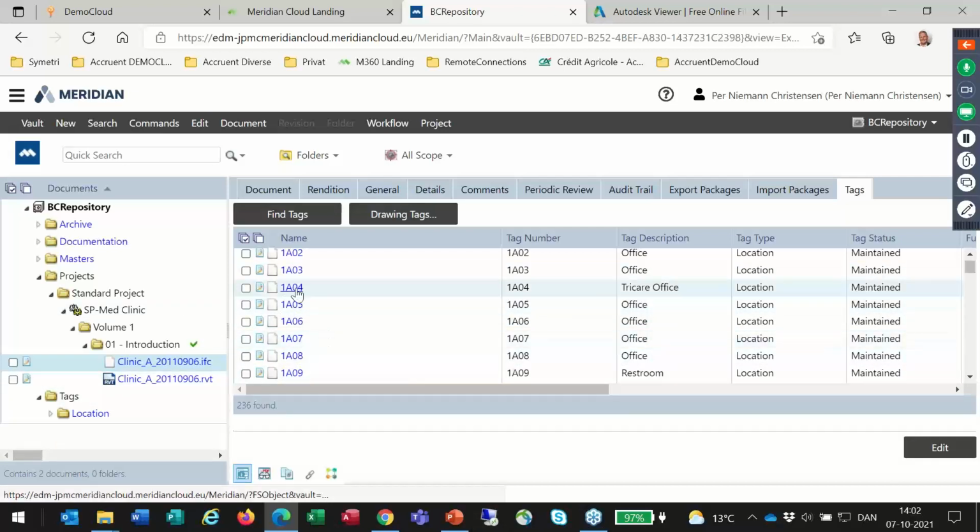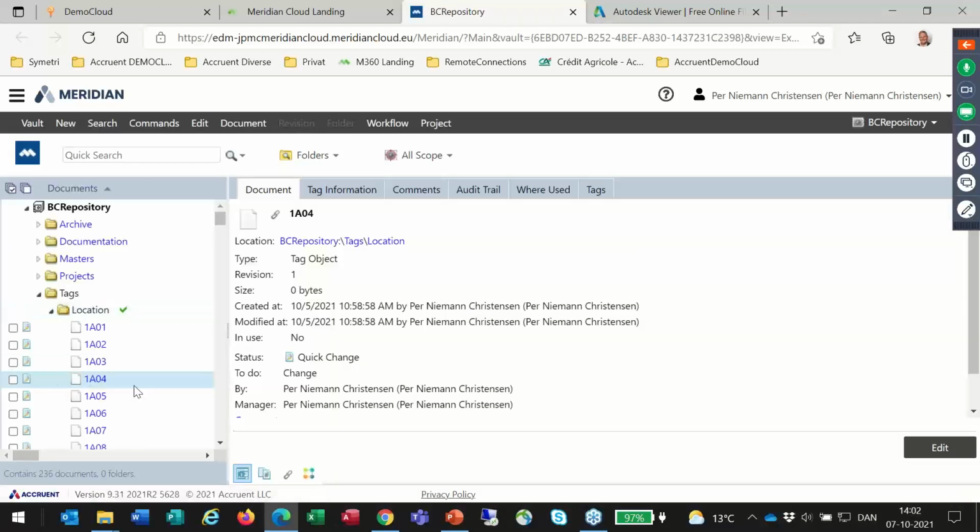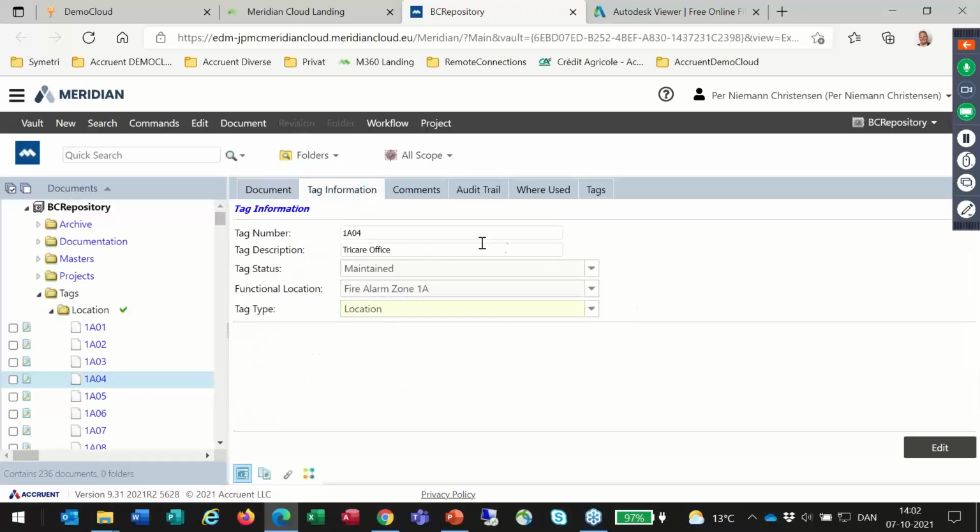And if I want to look at this office here, I can just ask it to browse to the office, and I will have this tag information needed. Here is only very little info, but you can actually add as many object informations as you want to extract from the IFC object. You can have it stored here